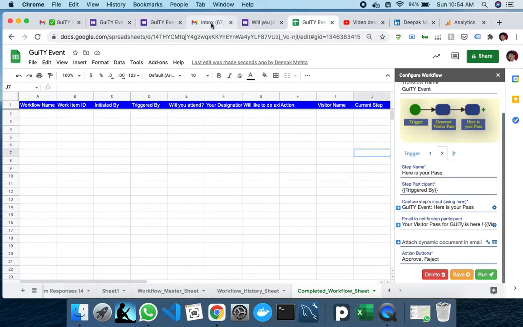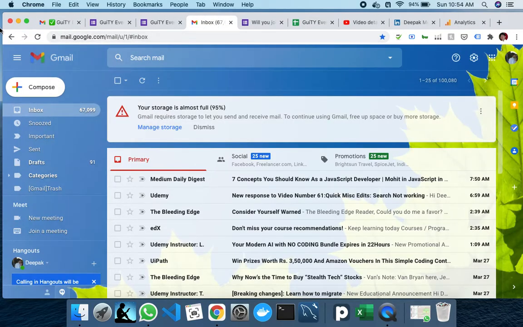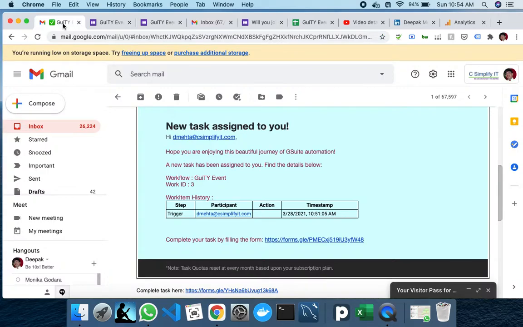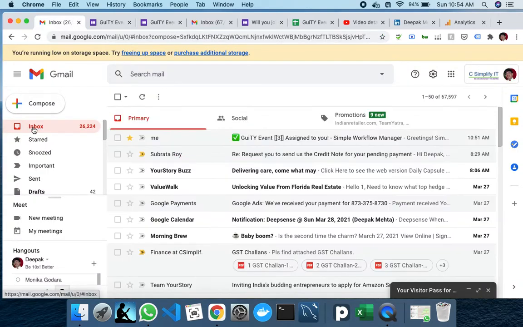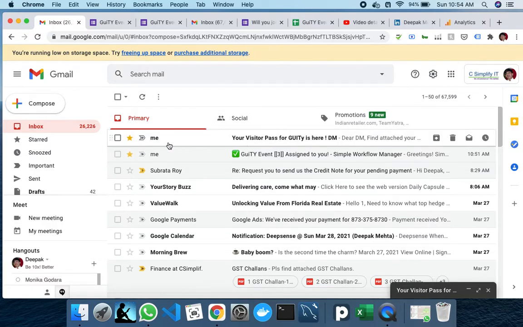Sorry, this is my another email ID. This is my D Mehta email ID, and if I come here, you see it has sent me an email template which I have created. It has written my visitor name.